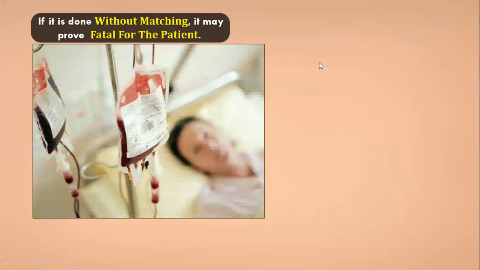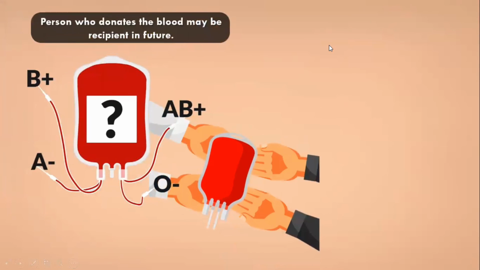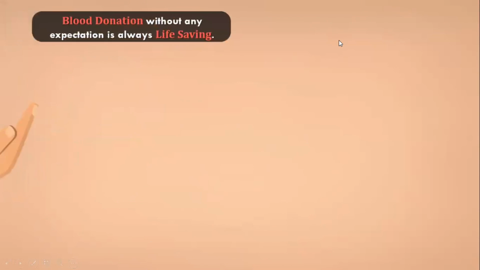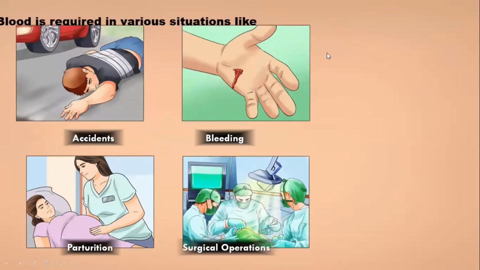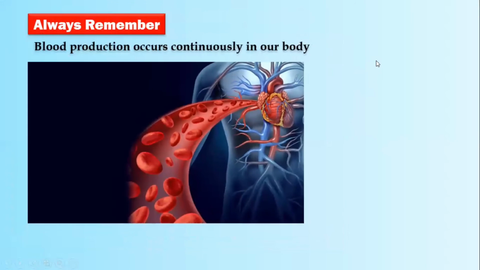So obviously, whenever we lose blood, an exact match of the blood has to be in our body. If it is not matched and random blood is given, then it can be dangerous for us. Blood donation is obviously very life-saving when we are bleeding, during operations, pregnancy, accidents. Blood donation is called the best donation.